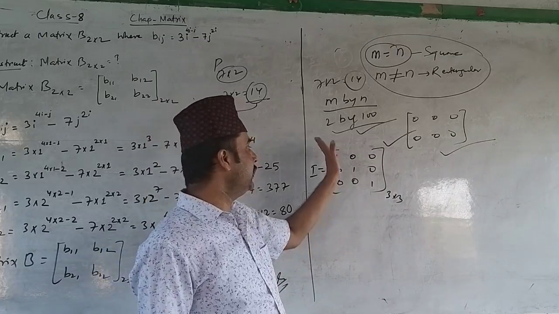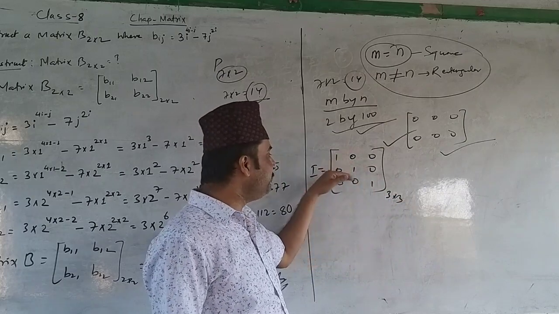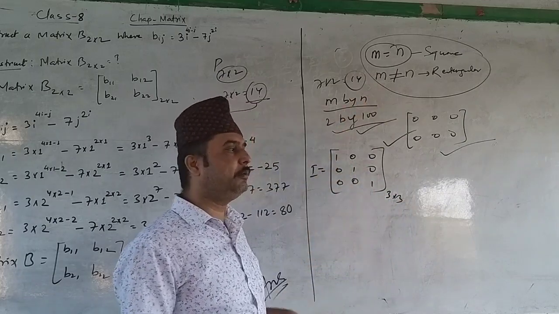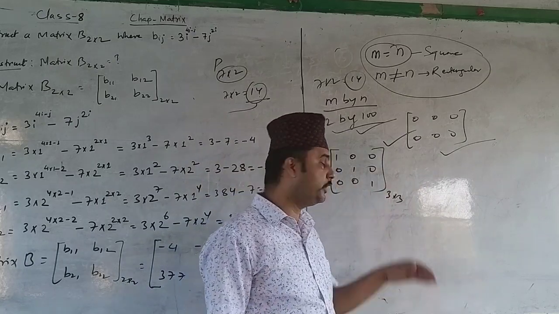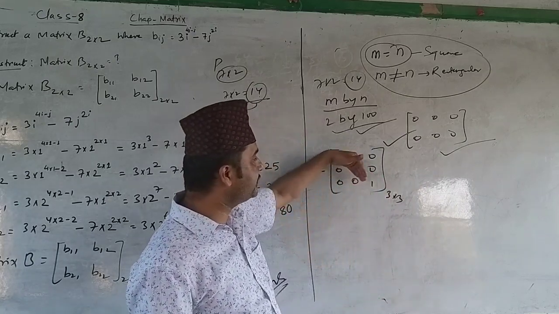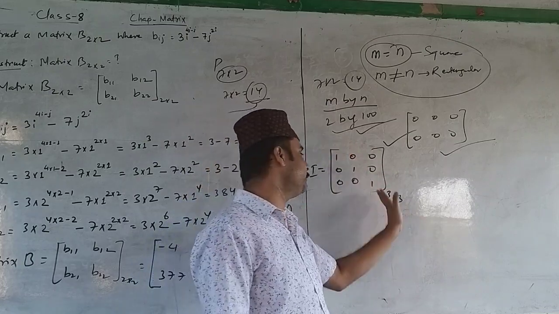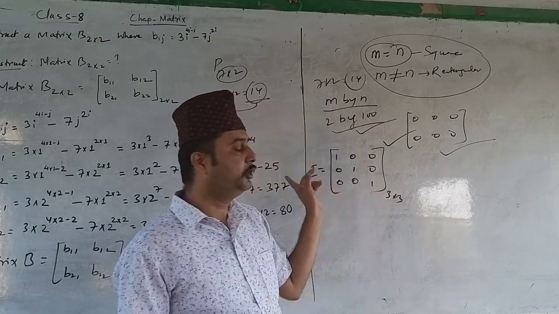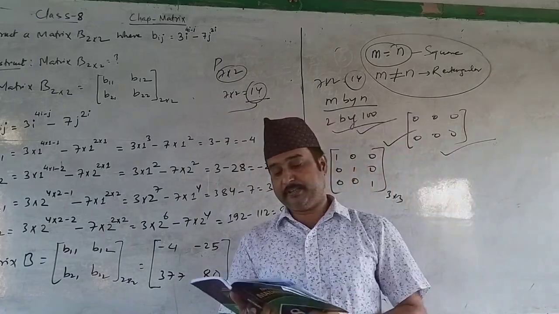So, that means diagonal elements must be 1 and the elements above or below the principal diagonal must be 0. So, all the other elements must be 0, and whatever is on the principal diagonal must be 1. Then this matrix will be a unit matrix. So the matrices are given in the questions.